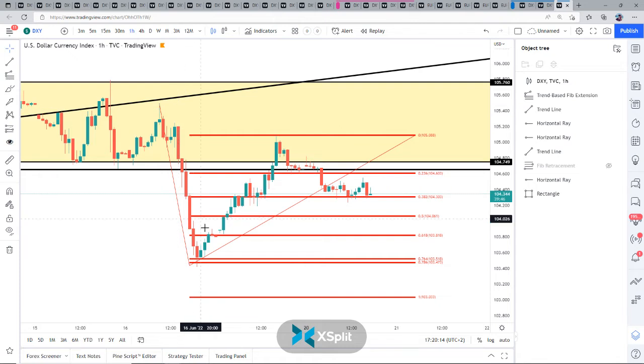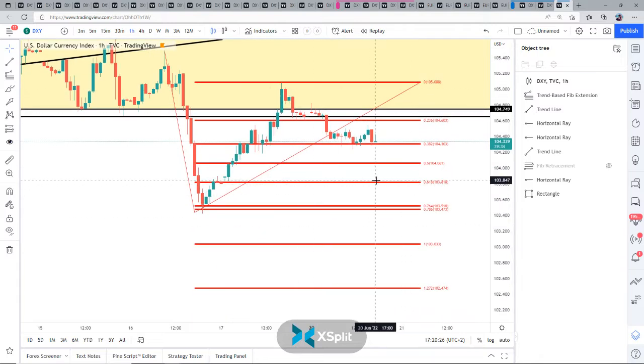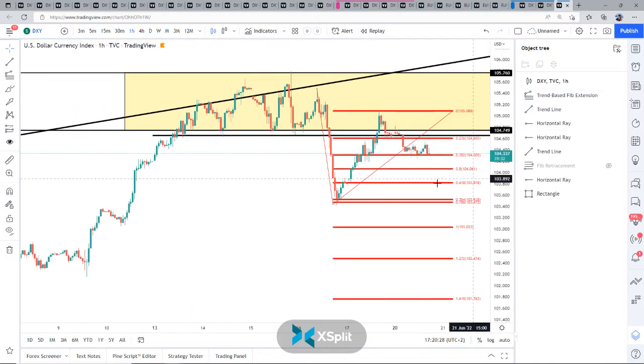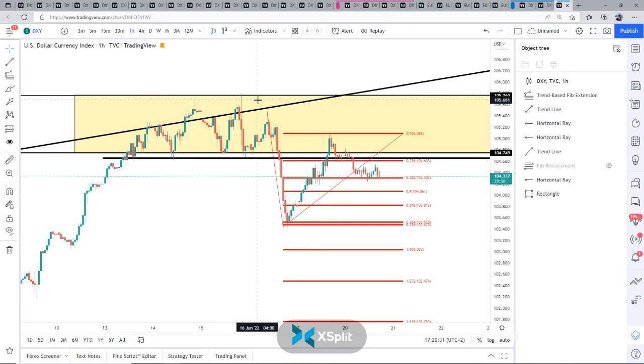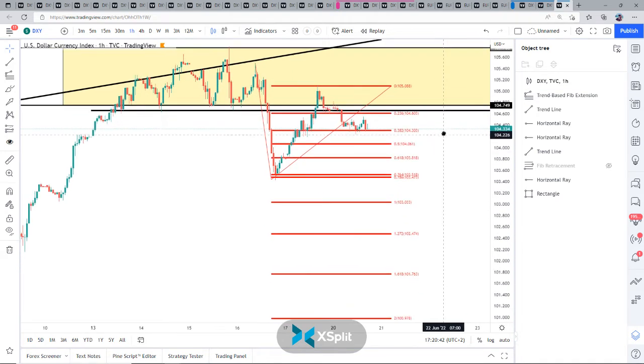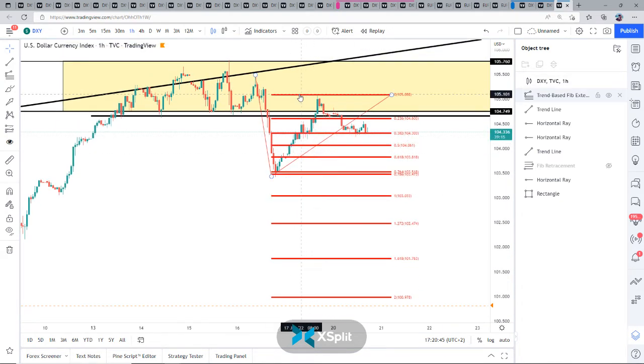So that's what we can use now to have some levels where we can expect, for example, DXY to come into this area and probably bounce from there to the 50% and then look lower. So that's what we are looking at, considering this nice consolidation we had here on the broken trend line retest, together with the EURUSD that is diverging from it. It's a complete picture we have to think about and look at, and that's why even if we go higher than that, just that ABC will be over, but